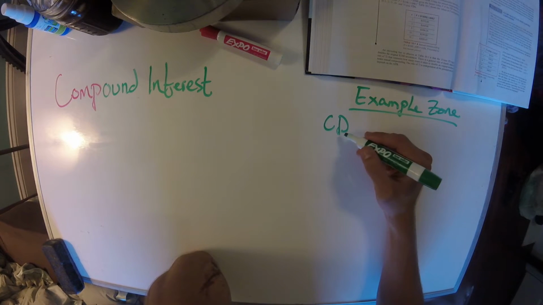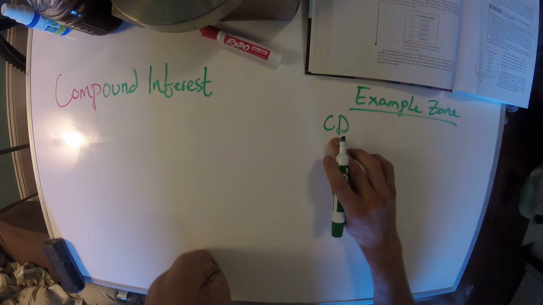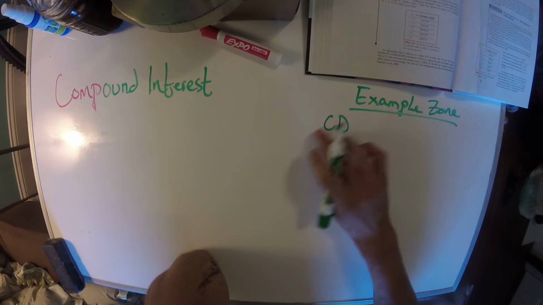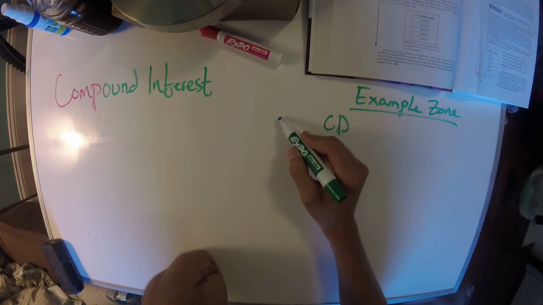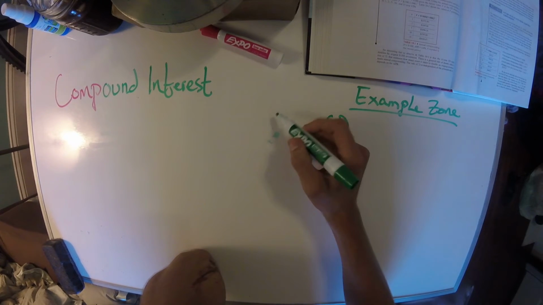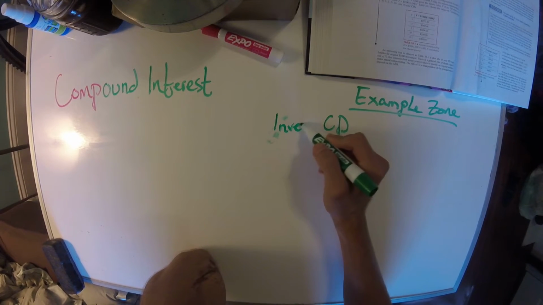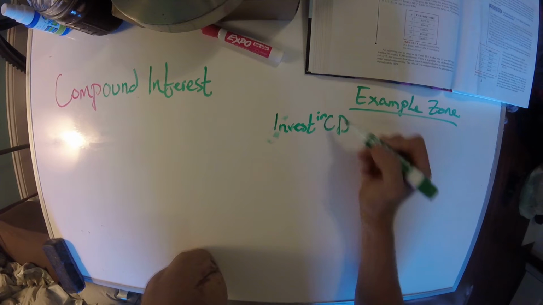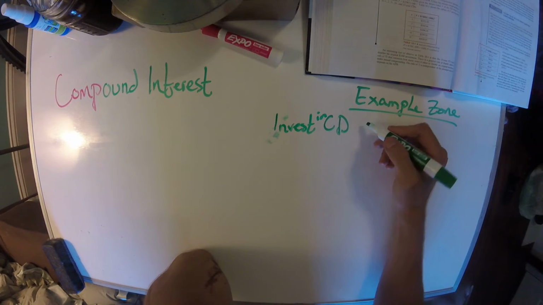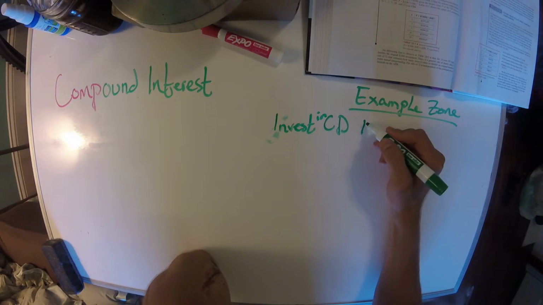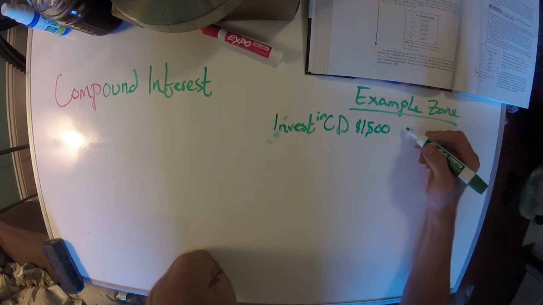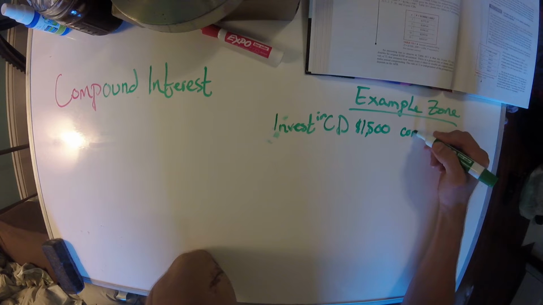So let's say that you invest in a CD $1,500, compounded annually,